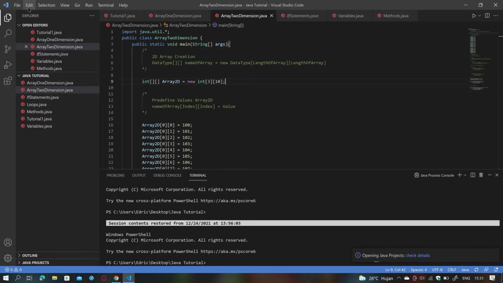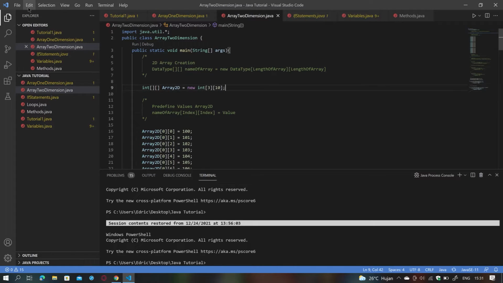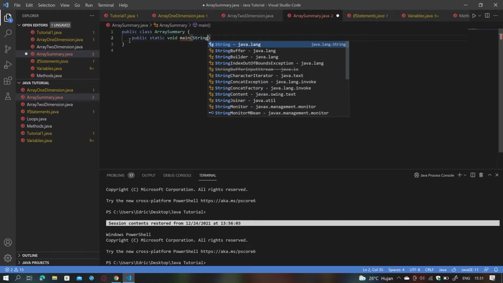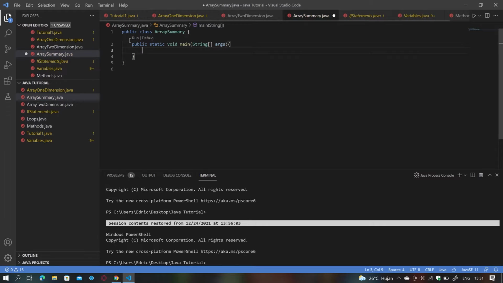And once this is open, we can start and make a new file and name it array summary. So let me click on the new file and name this array summary.java. And then inside of it, we have the public class, just usual. And then we need to type in our code, which is the public static void in line 2 here. So I'm going to type in public static void main string args, and as usual, this code is used to